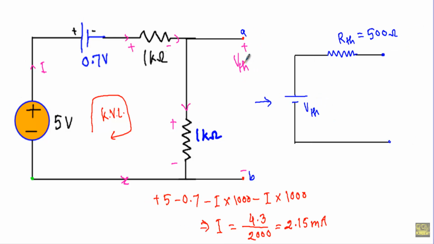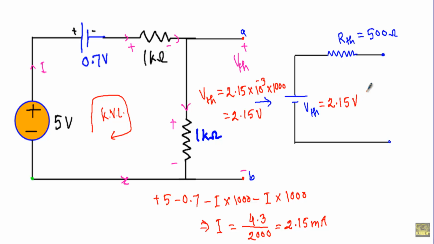So the voltage drop VTH will be equal to the current that is flowing through this 1 kilo ohm resistor, which will be 2.15 milliampere. That means 2.15 into 10 to the power minus 3 into 1000, which will be equal to 2.15 volt. So this VTH will be equal to